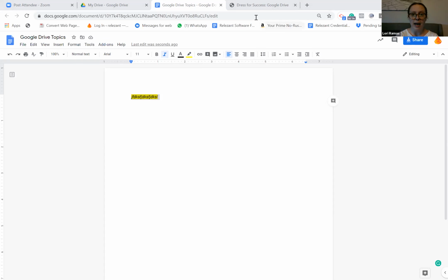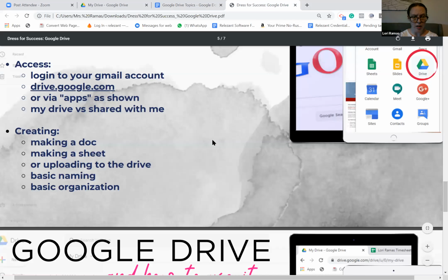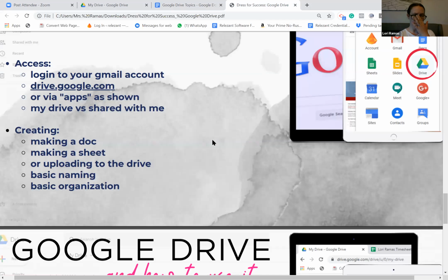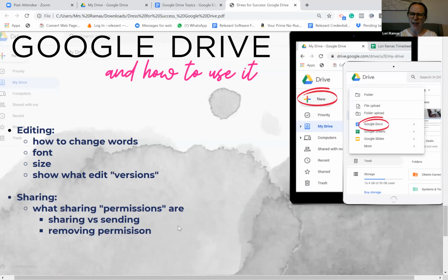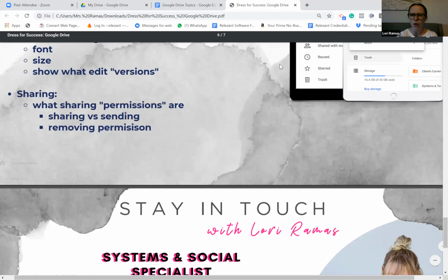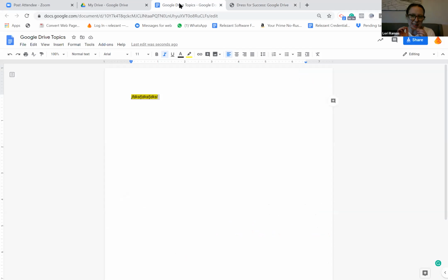Okay, so that's, I believe, everything: naming, apps, my drive, logging in, versions, permissions. Was there any other question or repeat that would be helpful or useful? Application specific, maybe you have a specific question like, I did this, how do I do this? No? Everyone's on mute, by the way. If you do have a question, unmute or chat.